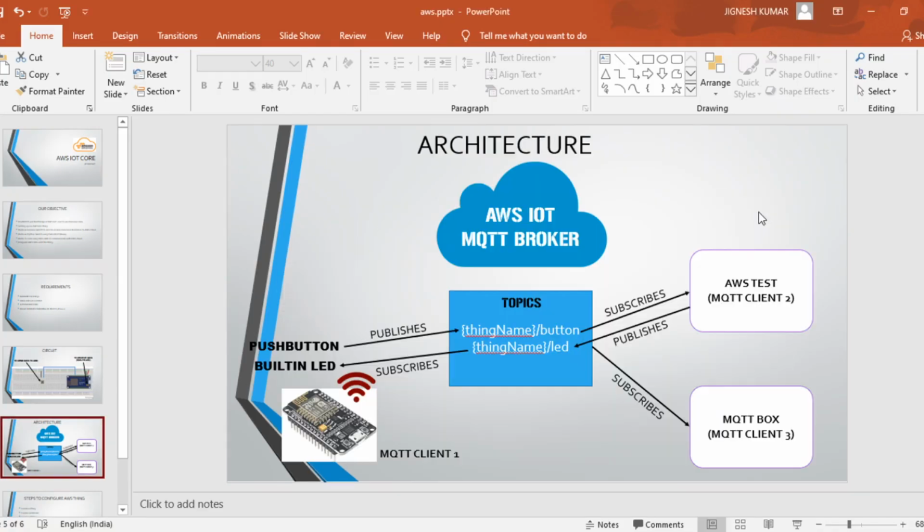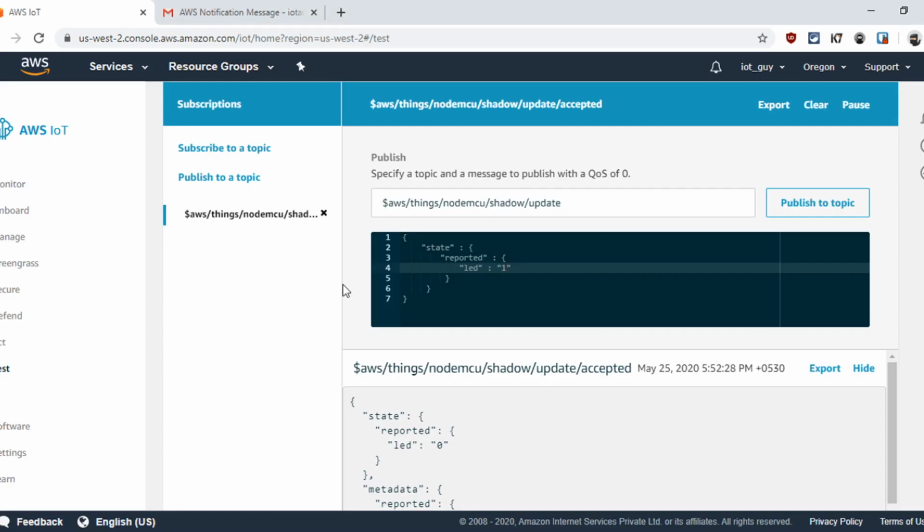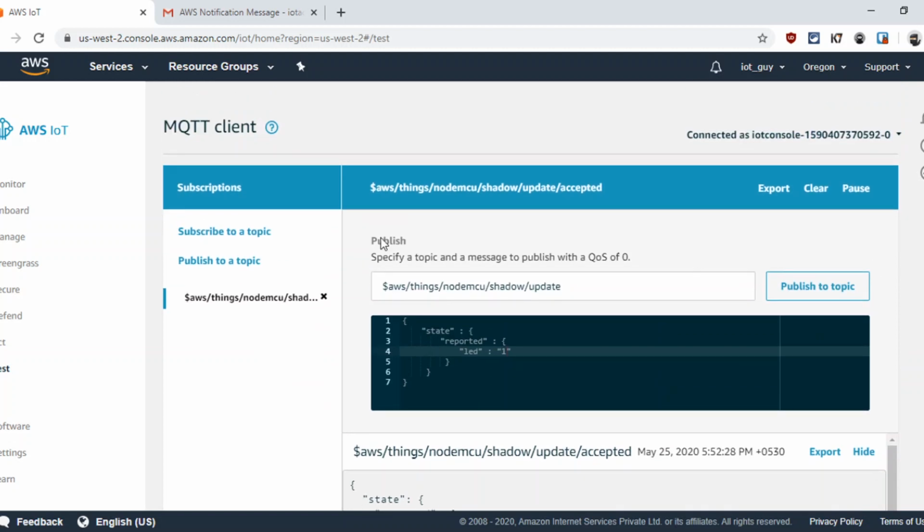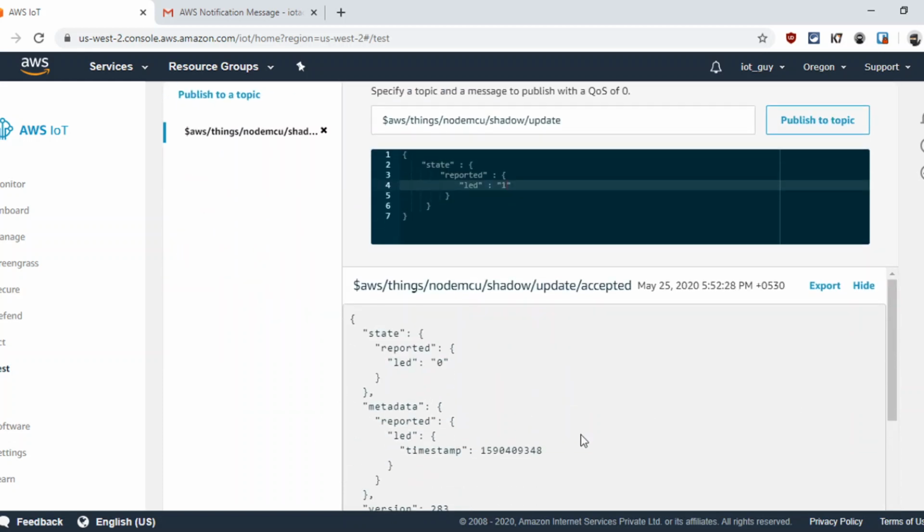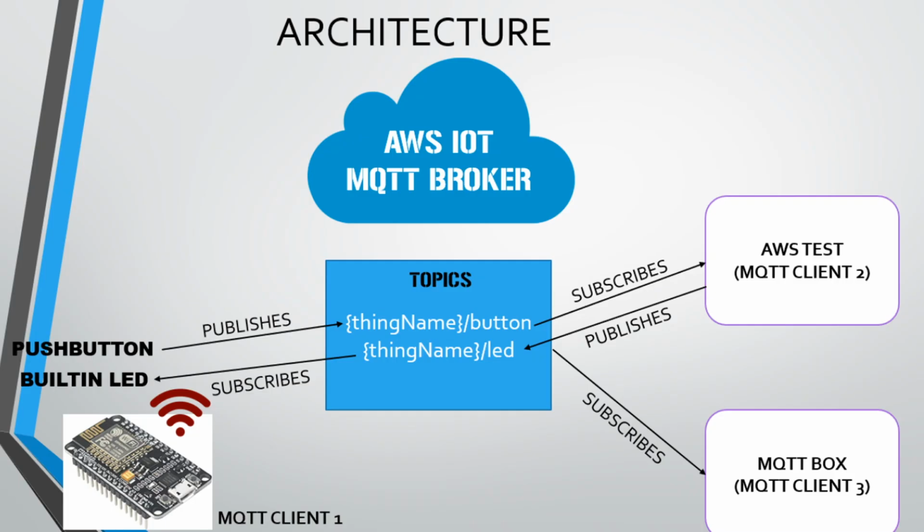let me show you what I am talking about. If you look here, in AWS IoT, this is Test, and this is the MQTT client which is present in AWS as well. We are receiving data right here in JSON format. This is how it works: this is the other client I am talking about, and it also publishes and subscribes to the topic.